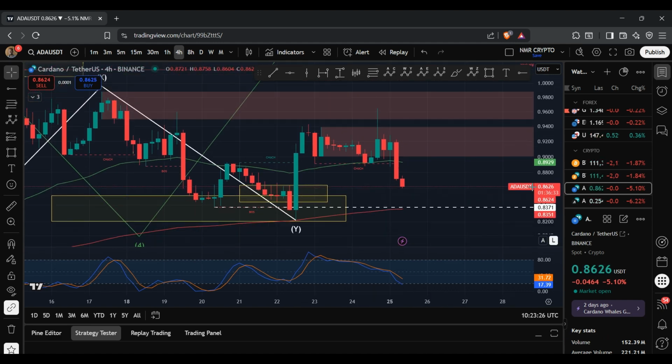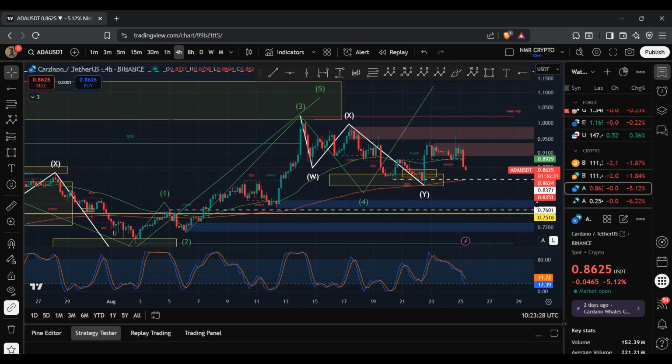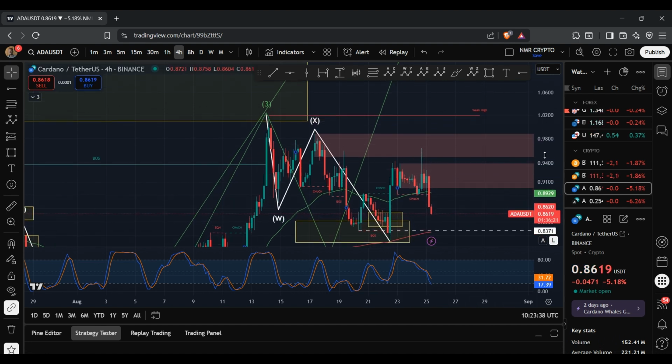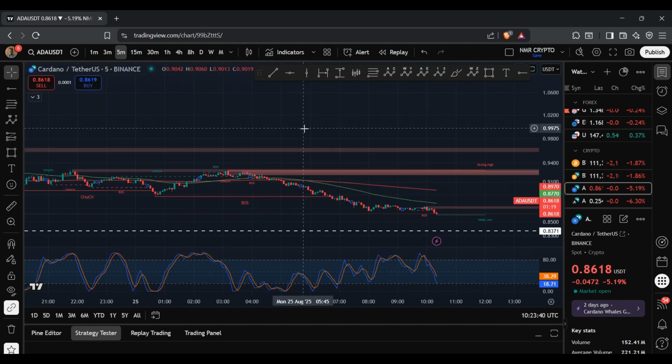And so, yeah, my stance still remains the same. I'm still tracking the fifth wave, and it also has to be made up of 5 waves. And so what I'm looking for right now is for this recent move to the upside, made up of 5 waves, to form the wave 1. So if I drop down to the 5-minute chart,